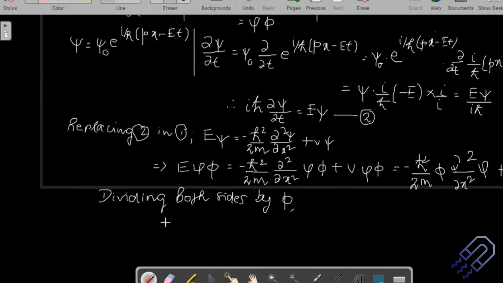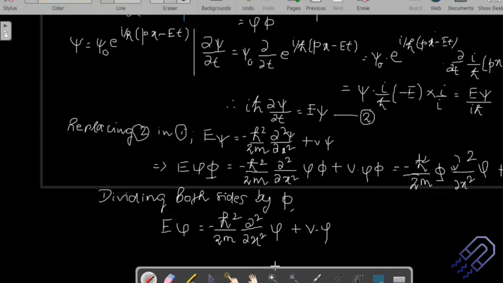Here on this side, if we do it, we are going to get the term E psi is equal to minus h cross square divided by 2m, and this would be del square del x square into psi, because we've divided it by phi, so we're getting rid of this phi here. On this side, if we divide, we again get rid of the phi, so plus V times